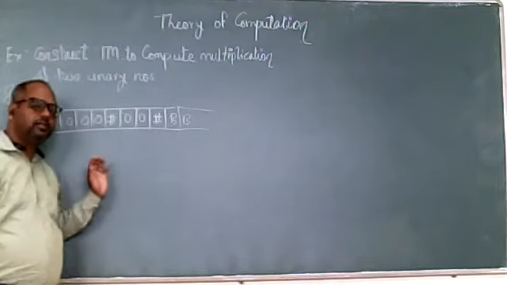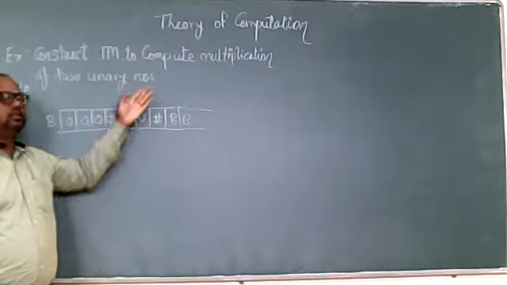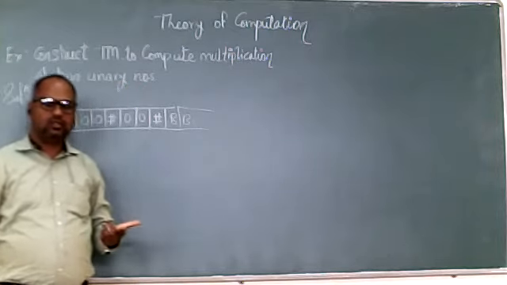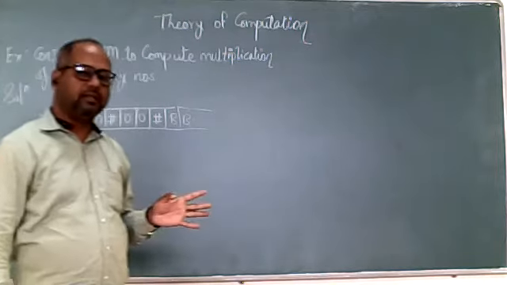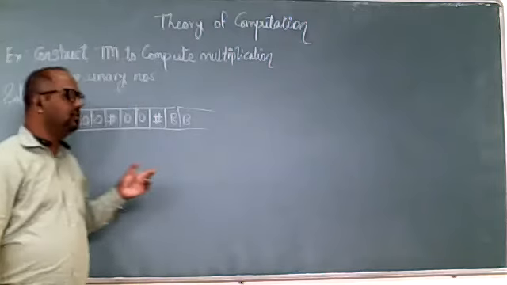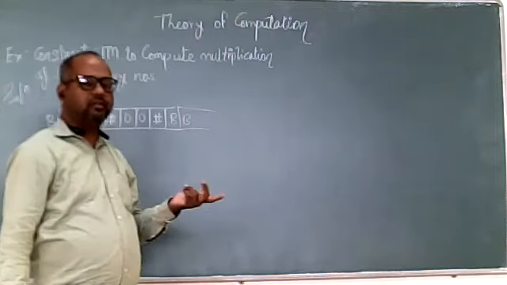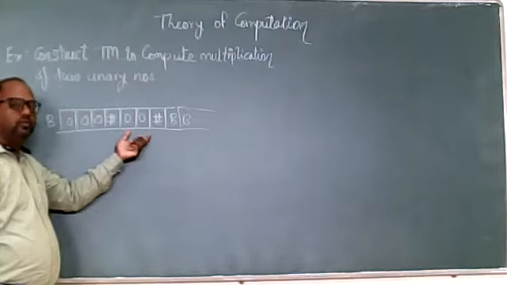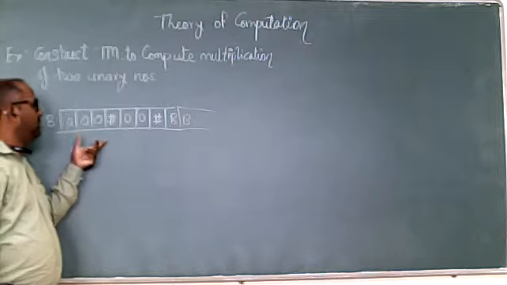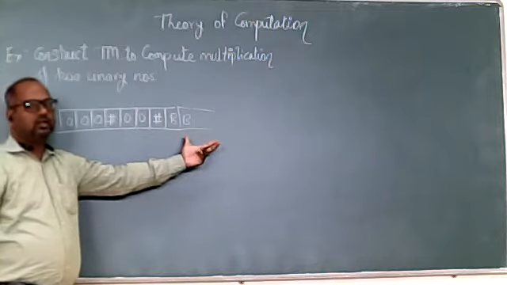So today the problem statement which we are going to see is to construct a Turing machine to compute multiplication of two unary numbers. Now, what does unary number mean? A numbering system where we have a single digit to represent any number. That single digit we will consider as a zero. So a zero is used to construct any number. If we want to multiply 3 with 2, 3 will be represented with 3 zeros and 2 will be represented with 2 zeros. And the result will again be the count of the number of zeros.